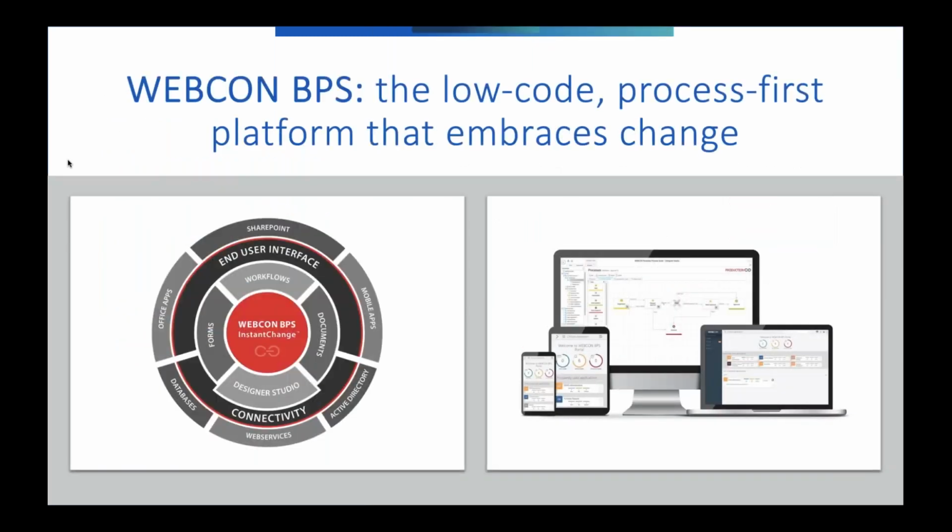This is, on the left, you're looking at a diagram that sort of explains our architecture in a shield-like fashion or a coat of arms style fashion. Essentially, we built a workflow engine that is all about change, changeability and tracking and auditability. We thought of a lot of things that a lot of other platforms kind of do as an afterthought, but in our case, it's wired into the fundamentals.